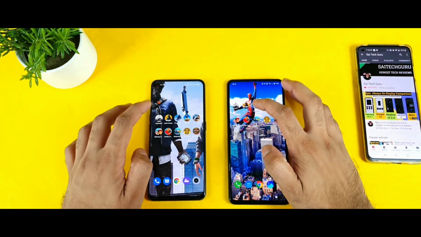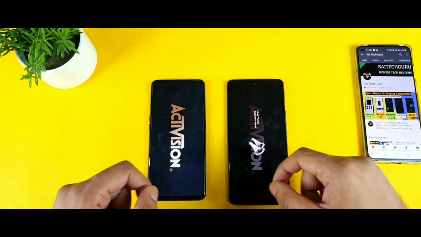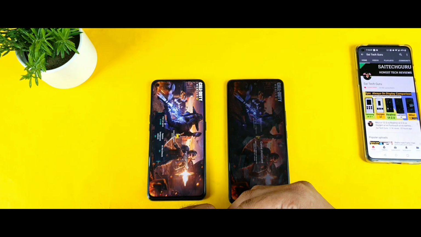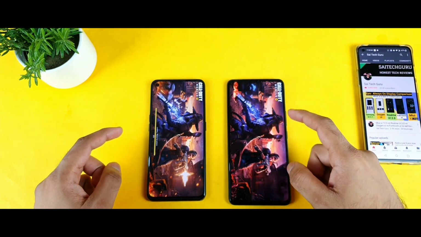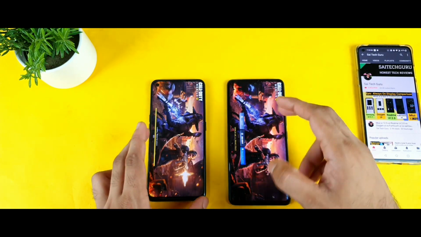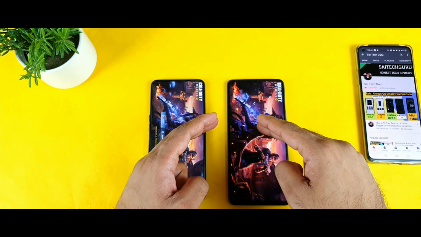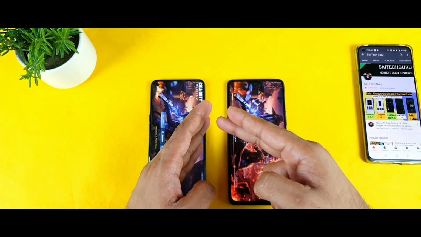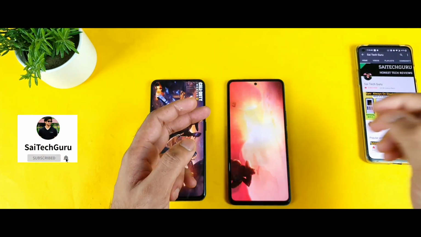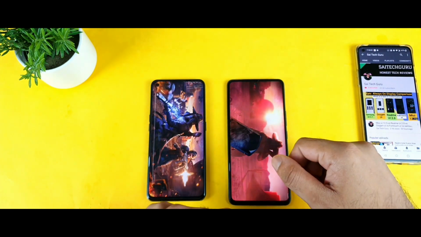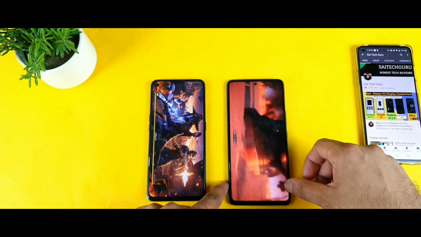Let's move to the next game, which is Call of Duty. Let's see which phone will open the login screen faster. I think the first loading may be on the IQ7 device, it did load the login page first. As you can clearly see, friends, it's logging in right now. Let me enter my Gmail on the Realme X7 Max, which is asking for my Gmail. So right now you should be able to log in on the Realme X7 Max as well. Let me quickly skip it, and I'll keep it on the home screen.